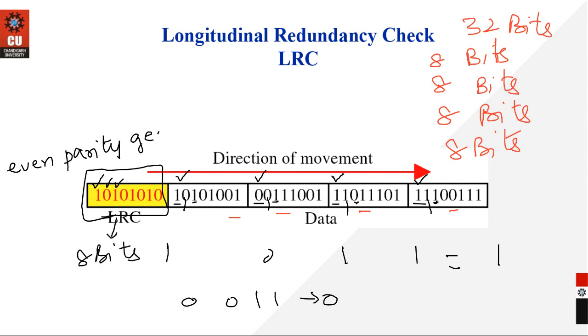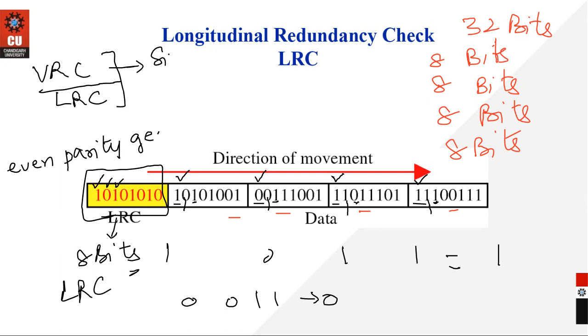Now those 8 bits of data will be taken as your LRC and that will be sent along with the data. All right. The major difference between VRC and LRC is, you tell me what is the difference? What did you notice? The methodology is same, but the only difference is about the number of bits which are generated as parity bits. In VRC, we just generate a single bit of parity.